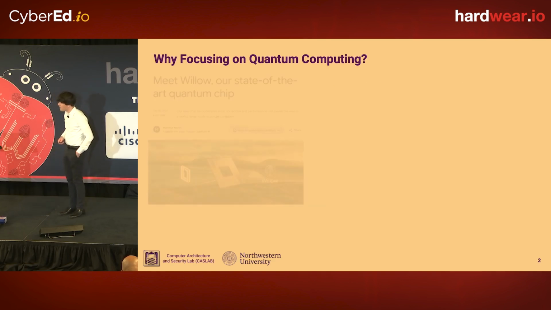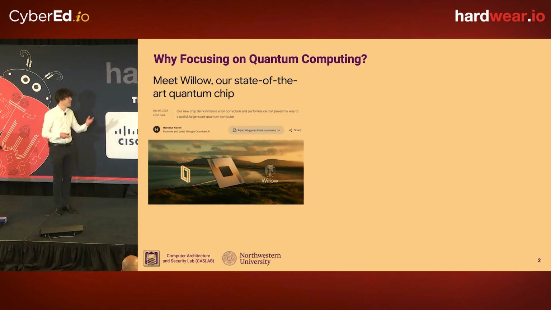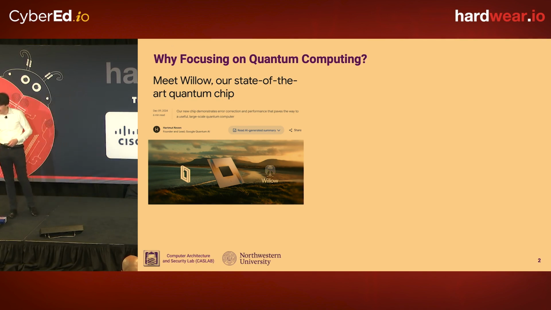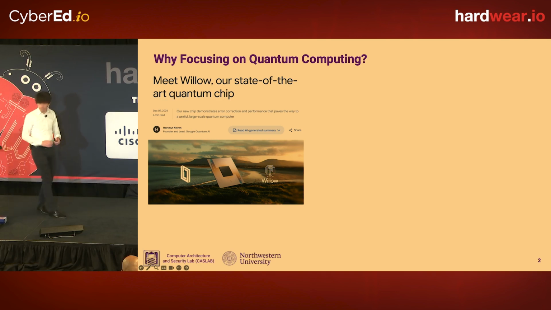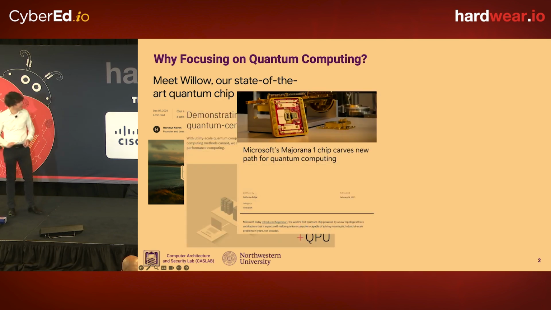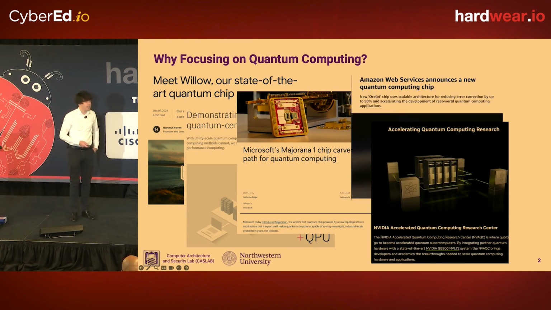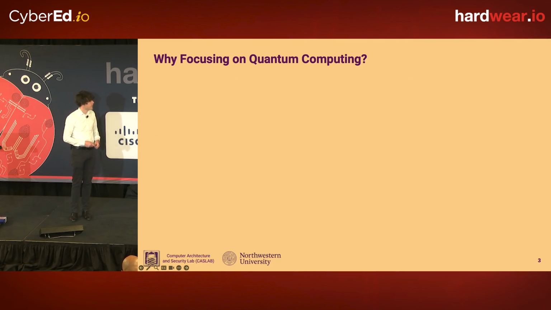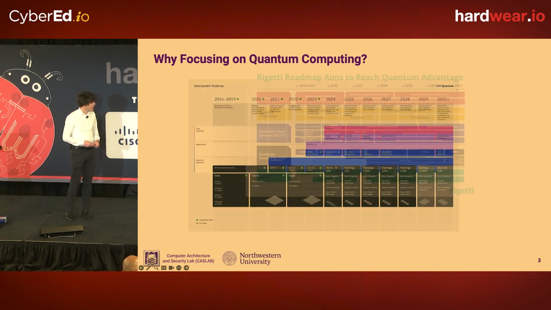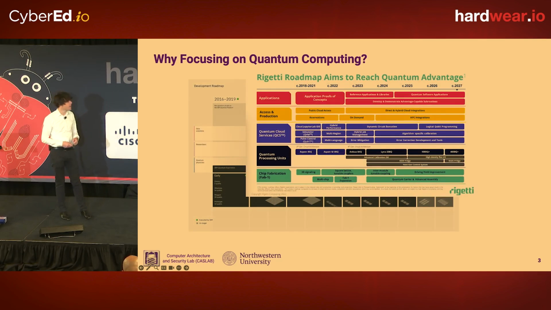So maybe just as a motivation, why are we looking at quantum computing? As maybe you're familiar, every few months or even more often, there are a lot of announcements from different industries, different companies that are showing off their latest quantum processors. And as we can see, there's huge investment by not just IBM, but many other companies that are building these machines. And these machines are actually getting better and better as time progresses.